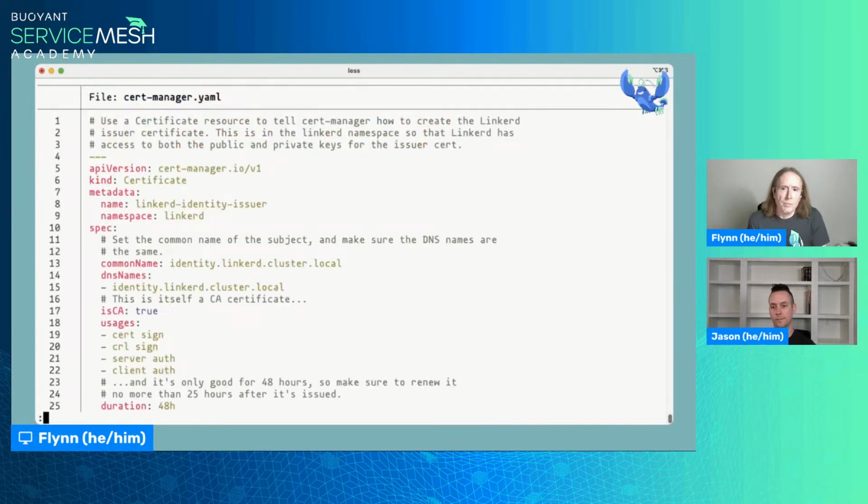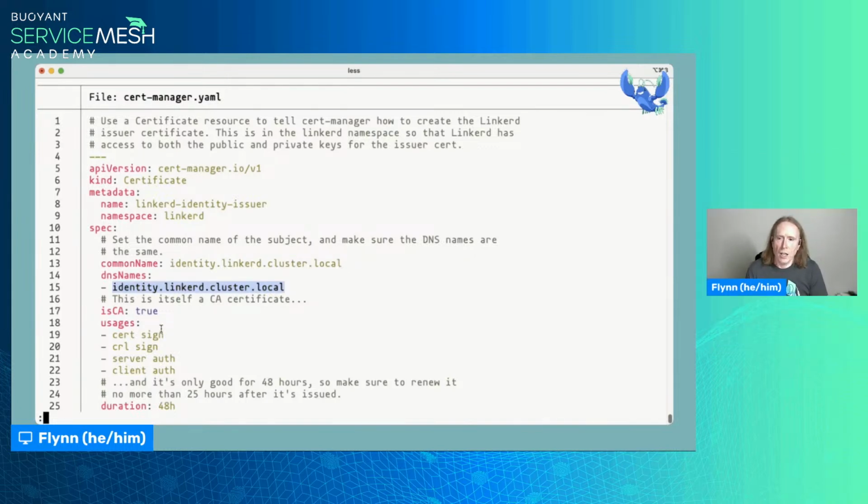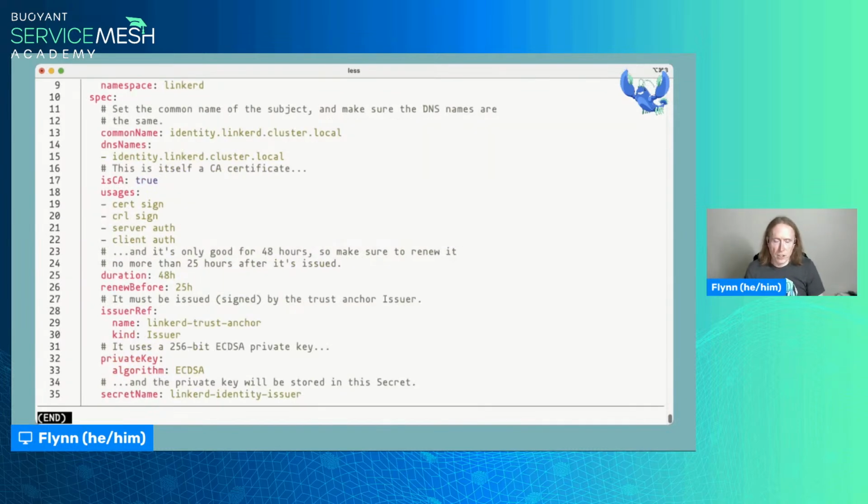So there's a lot in here. The highlights: the name of this thing is linkerd-identity-issuer. The common name of the subject is the common name that will go directly into the certificates created by this certificate. Since we're going to use this for the identity issuer, it must be named identity.linkerd.cluster.local. We explicitly set it up so that those are the only DNS names it has. The rest of this stuff we talk about more in the certificate management SMA. Sorry about that. Worth noting,